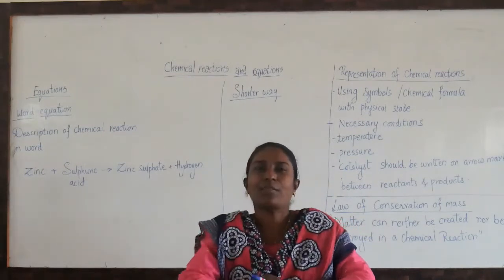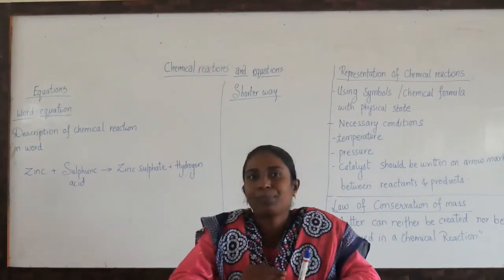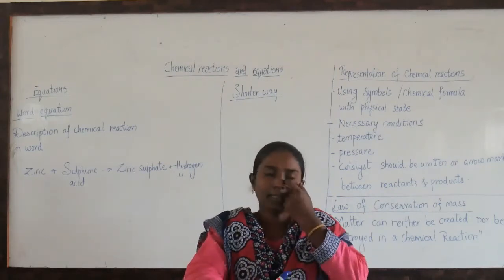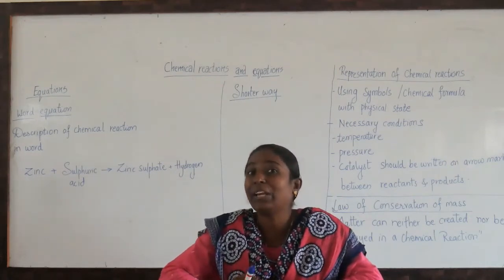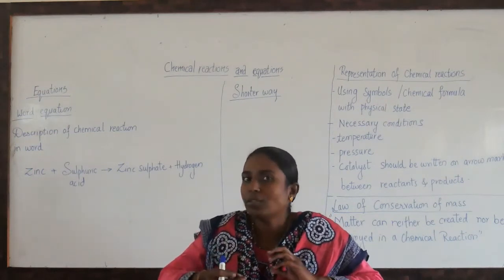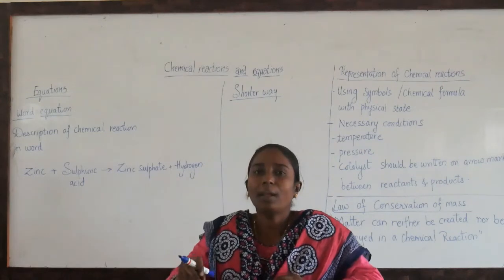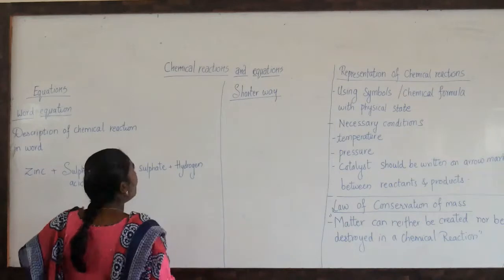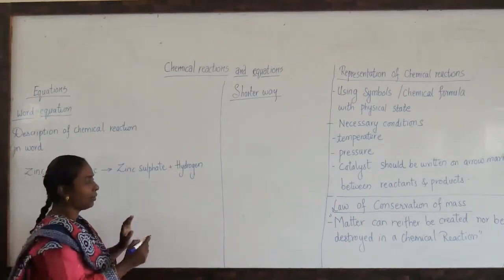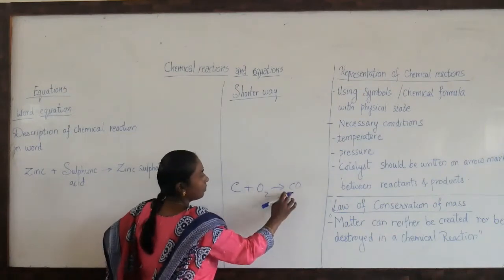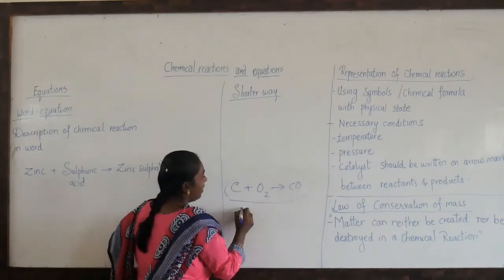In the previous class we studied about reactants, products and the changes that take place during a chemical reaction. As I said, a chemical reaction involves an equation, children. The best example I gave you was carbon reacting with oxygen. What is formed? Carbon monoxide is formed. Now equations are written in two ways, children. As I said, C plus O2 gives CO, right? So this is nothing but an equation